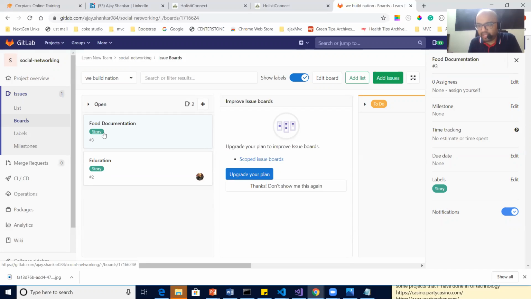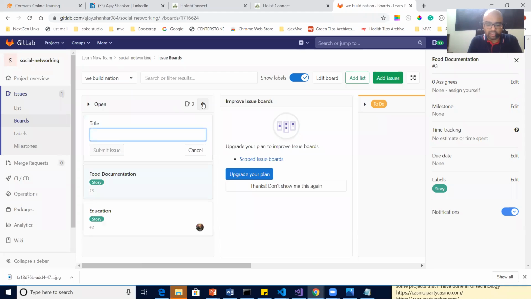You guys need to prepare a documentation for it, and documentation doesn't mean you need to write a book on it. Okay, we need to come up with the structure, style, correct, where I will also be part of this ticket. Don't worry, I'm not saying you only do it, but come up with some design. And design means, for example, for food, let me just, food and education already there. Let me just add one more. Say education document, education documentation document.